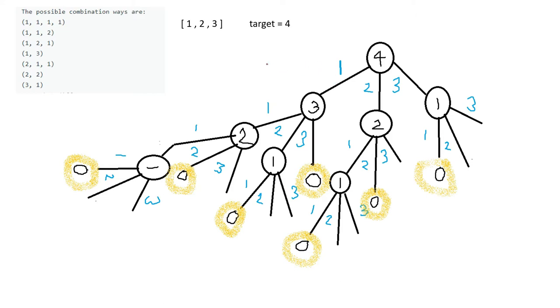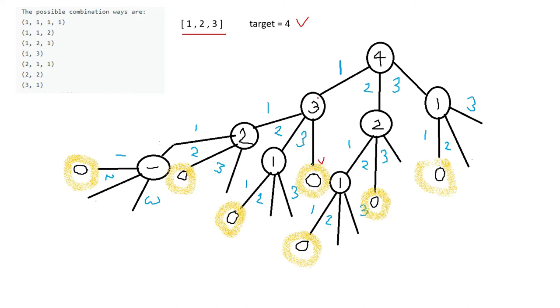If you look here, what I did is, from the target I was putting my choice, and then minimizing the target. First I started with 4, as 4 is what I have to reach. So I have the choice of using 1, 2 and 3. So when 1, 2, 3 are used, the target is reduced to 3, 2 and 1. Then for 3, if we use 1, 2, 3 again, it will be reduced to 2, 1 and 0. So when I got 0, that means we got one result, right?